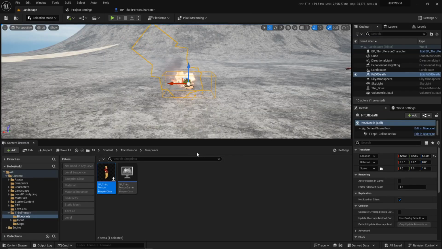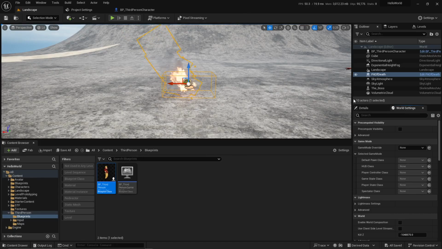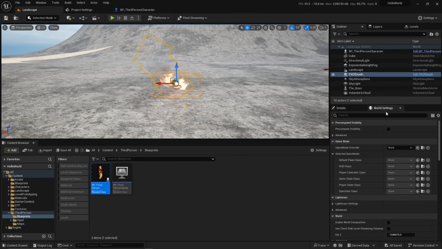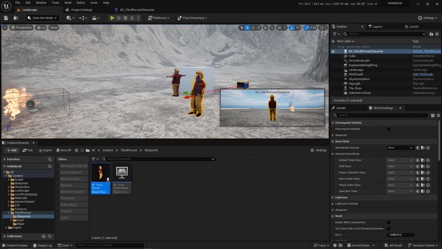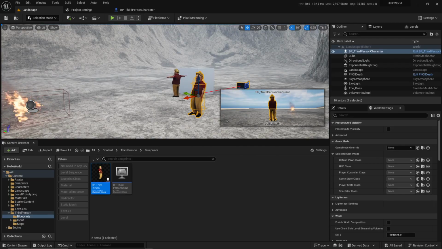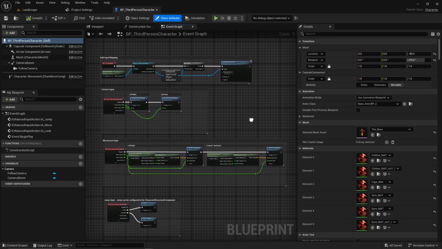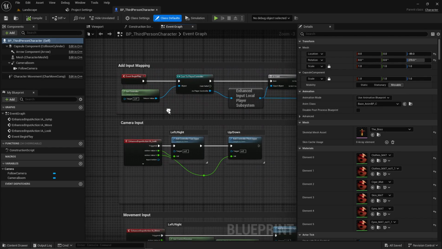Now what happens here is when we start our game, we're initiating this camera view. So we have to tell this character that when we hit play, we need you to spawn, but you also need to spawn the widget blueprint with it. So if I go back to the code in here and coming out of event begin play, because we want it to happen as soon as we hit play,